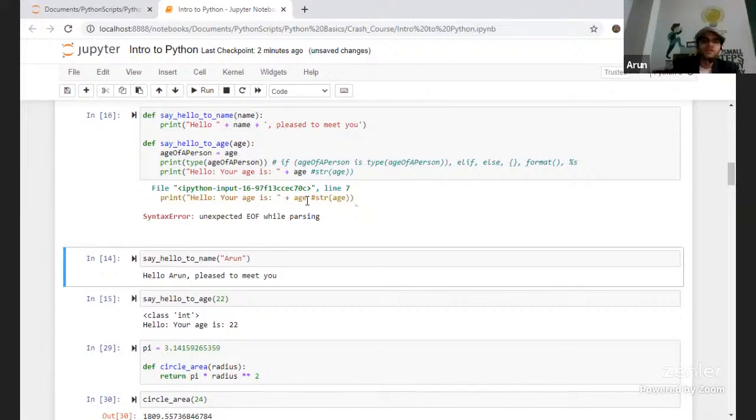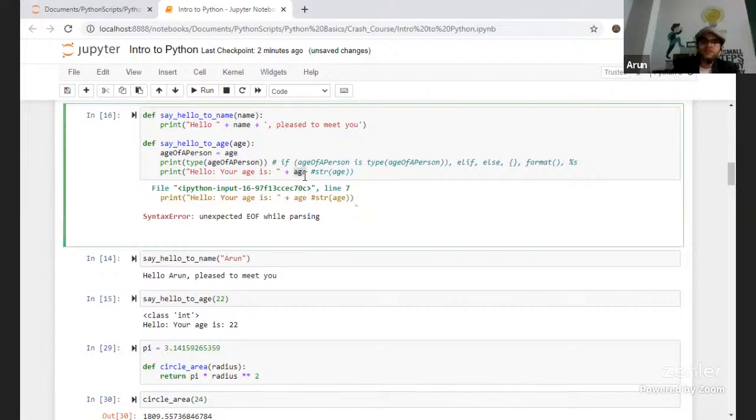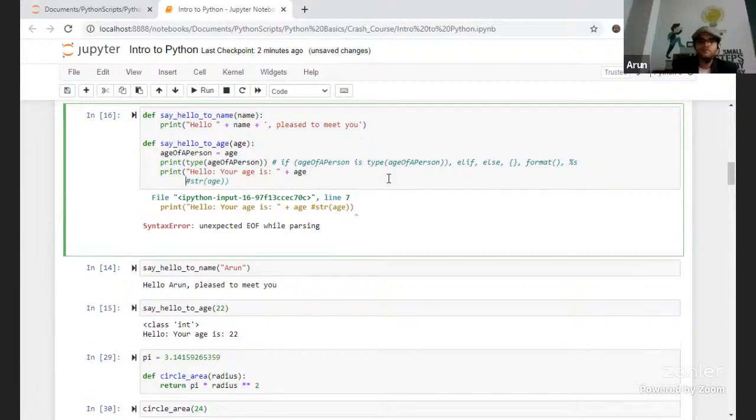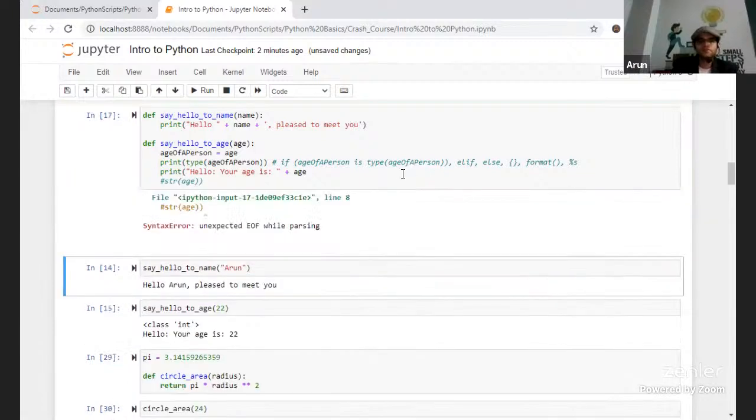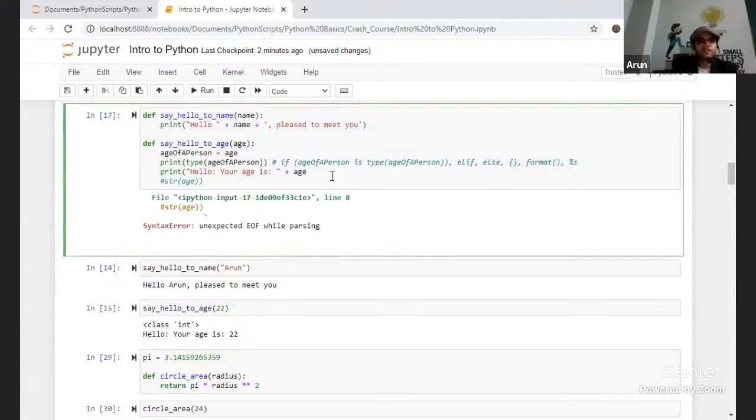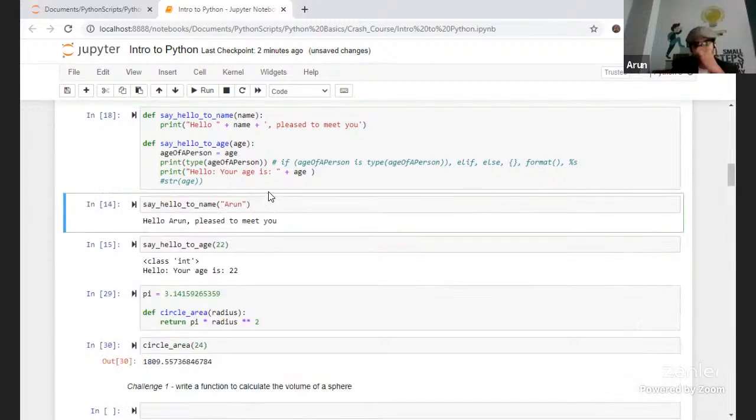The system will throw an error because it doesn't know what value age is going to be assigned.